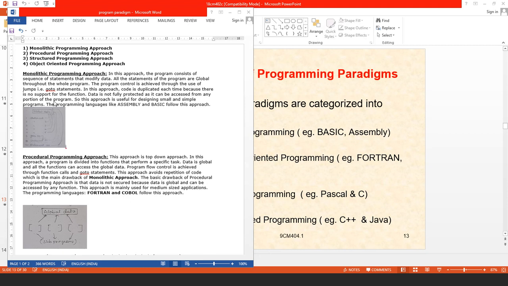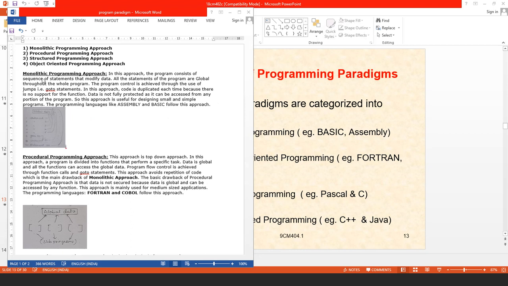And data is not fully protected, as it can be accessed from any portion of the program. So this monolithic programming approach is useful for designing small and simple programs only. Programming languages like assembly and BASIC are examples of monolithic programming.